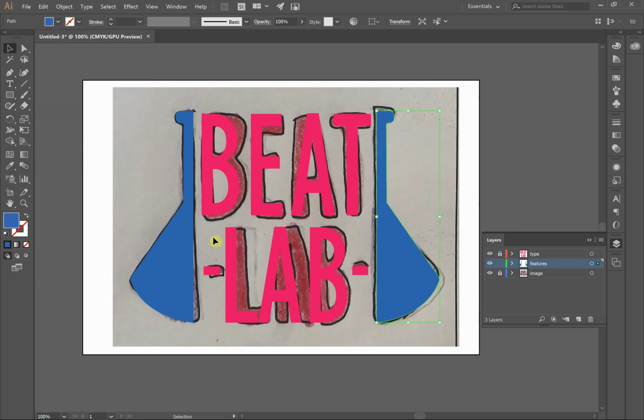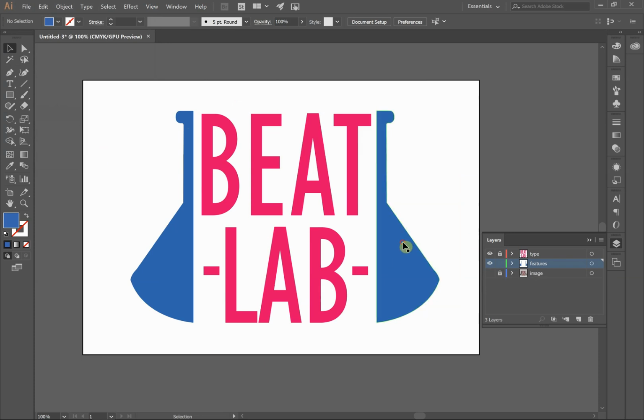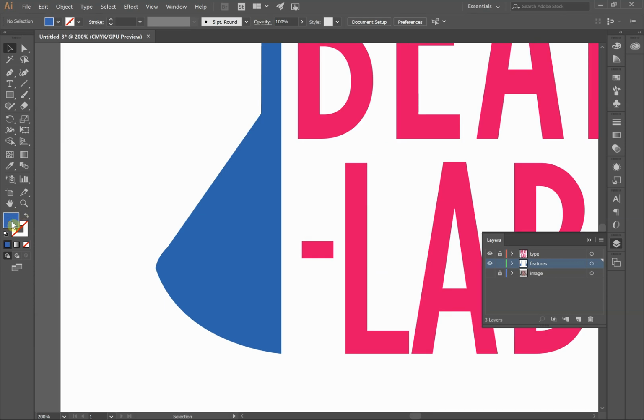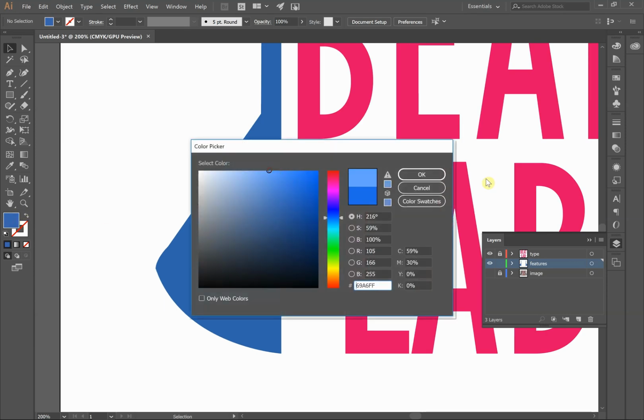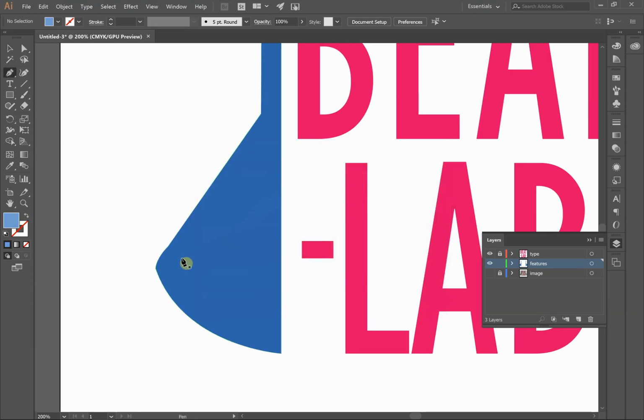And now they are the exact same shape, positioned pretty much exactly the same. I might need to move it a couple of steps to the right. But my logo is looking pretty refined, pretty detailed so far, and I'm happy with the quality. What I could then do is add further embellishments. So like these beakers, what I might do is fill one side